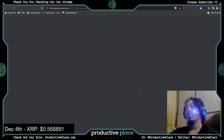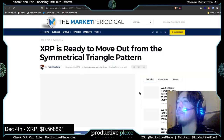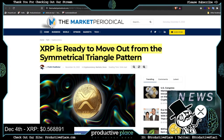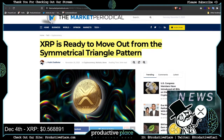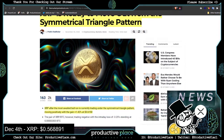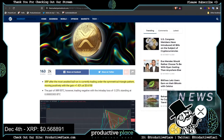This one is. XRP is ready to move out from the symmetrical triangle pattern. Cryptocurrency news. XRP is ready to move out from the symmetrical triangle pattern. XRP, after the most awaited bull run, is currently trading under the symmetrical triangle pattern, moving positively with the gain plus 1.42%